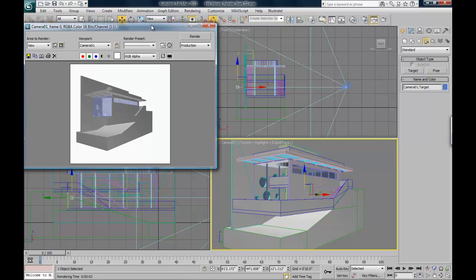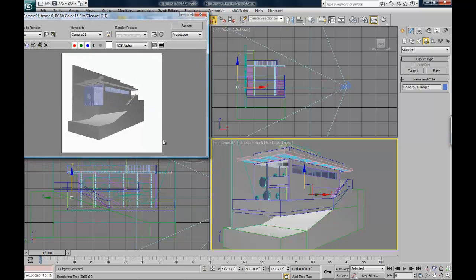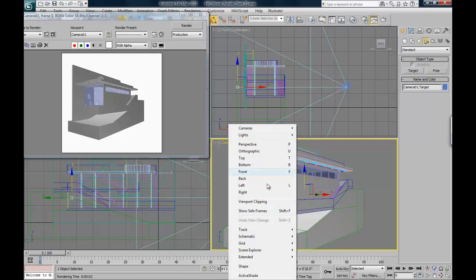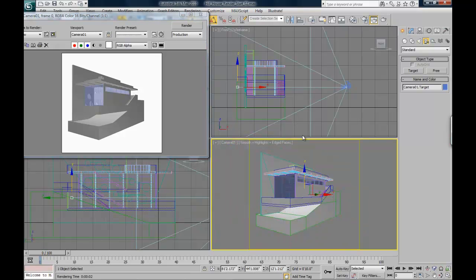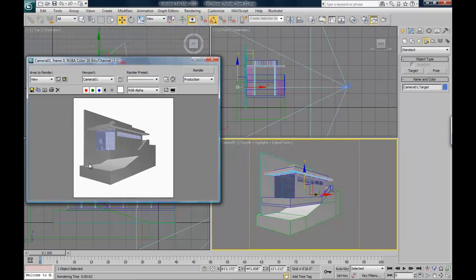To figure out what size and ratio image we're going to output, we have to first display the safe frames in our camera view. So right click where it says camera 1 and go to show safe frames. Now we can see that this square image is the same ratio as this, so that now we can change that ratio